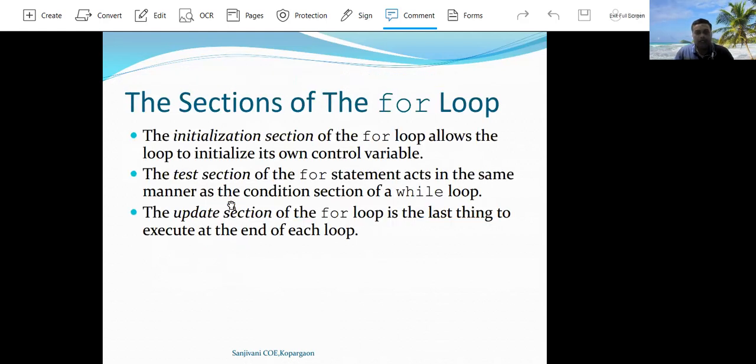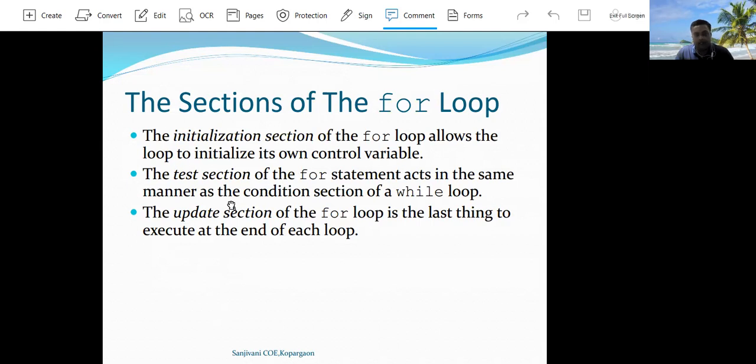Then the sections of the for loop. The for loop consists of three sections. First is the initialization section, next is the test section, and third is the update section. The initialization section of the for loop allows the programmer to initialize the control variable.